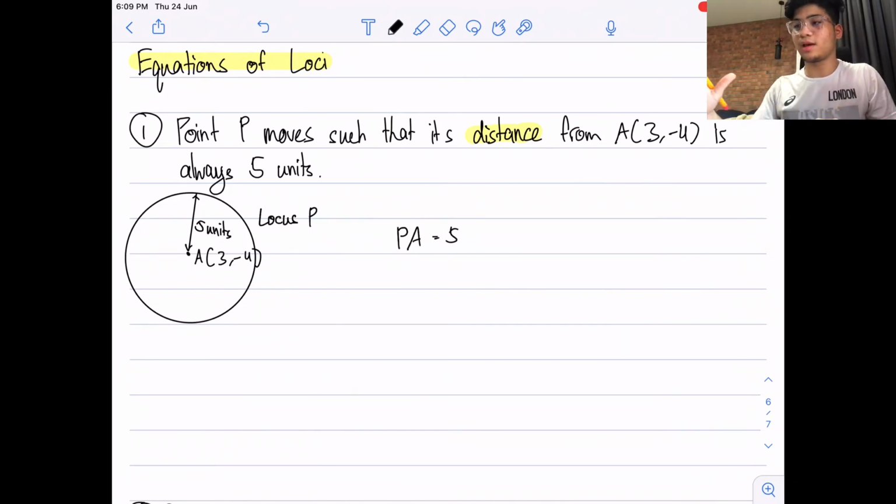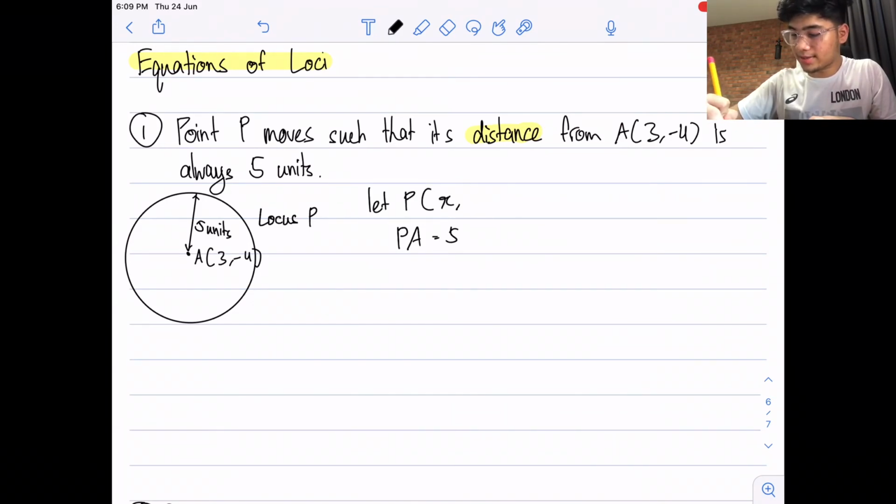This is the exact way my teacher taught it to me. PA equals 5, so PA being the distance between P and A. But we don't know what P is, right? So what you usually have to do is let P become (x, y), alright? Then you can make this into a distance formula, squared over there. So this is the same thing as x minus 3 squared plus